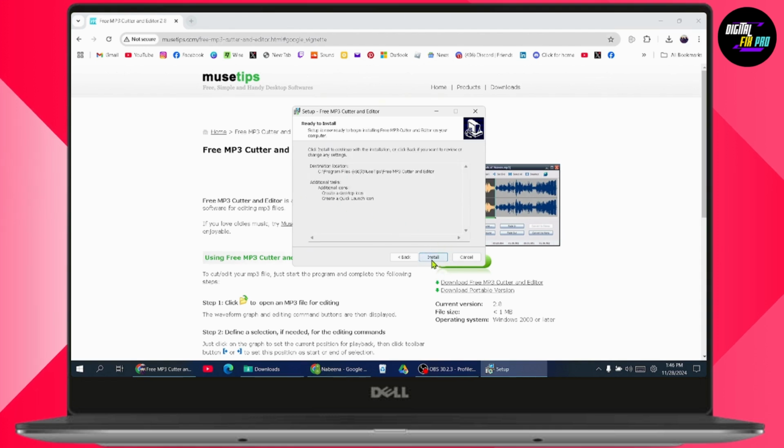And here you will have install option. Just click on install and it will start the installing process. It's ready to install. Once it's installed, you'll be able to open it up and you can use that. So that's how you can download and install free